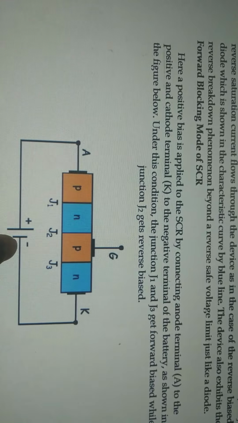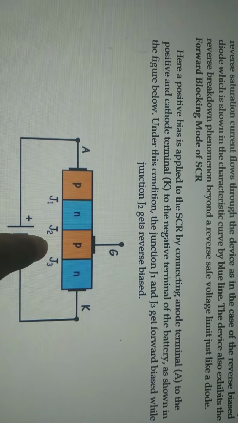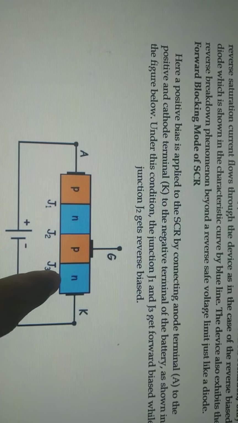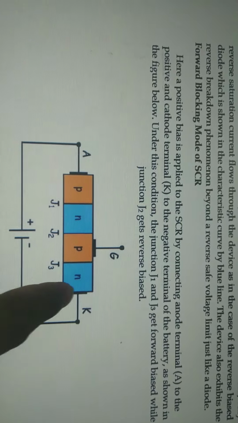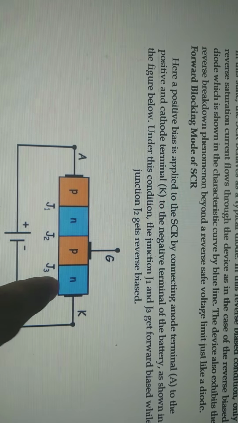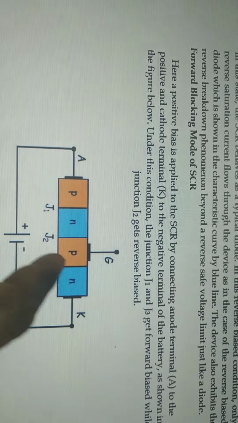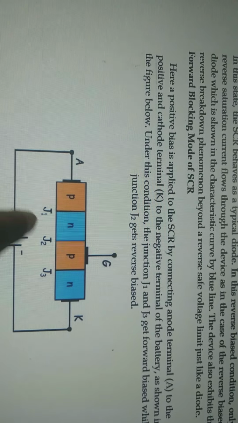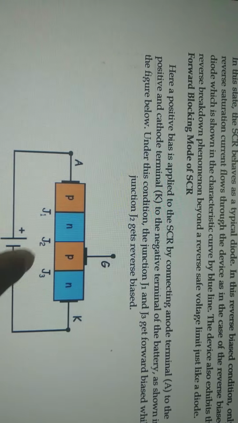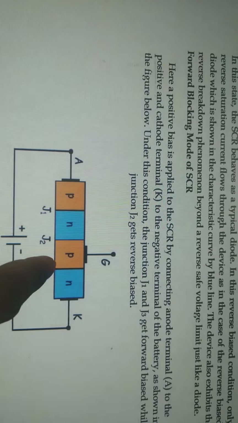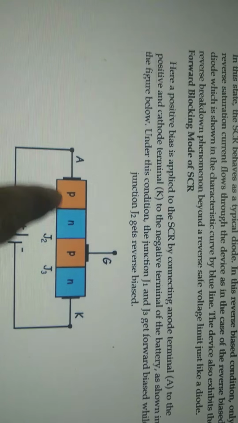Similarly, this is a negative charge and the N material also has a negative charge. Hence, there exists a repulsive force here. Thereby, the electrons are trying to move inside the material, and this J1 junction is going to break down and the J3 junction is also going to break down due to the forward conduction mode.